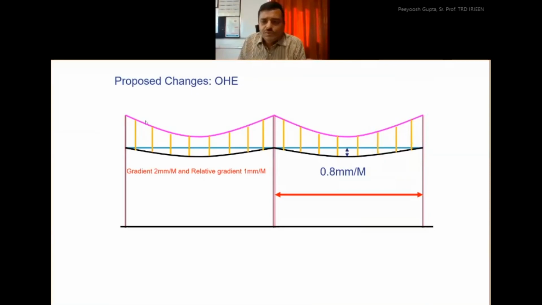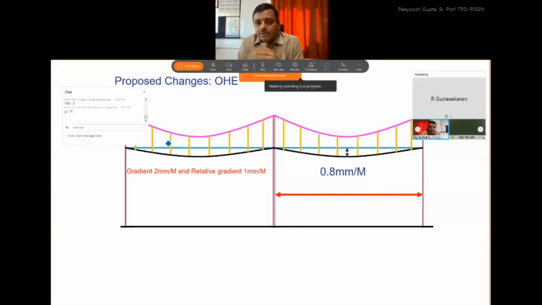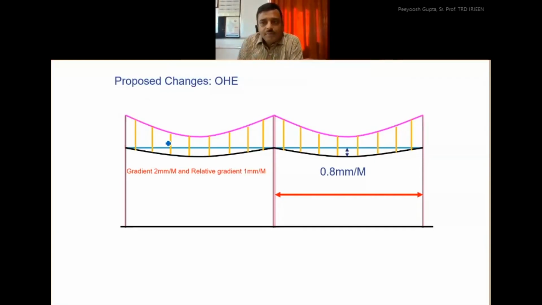And for proper current collection, we cannot increase or decrease the height of the OHE. This is known technically as the gradient of the OHE, relative meaning between two spans, and it was earlier 3, and now the gradient has been modified to 2 millimeter per meter, and relative gradient as 1